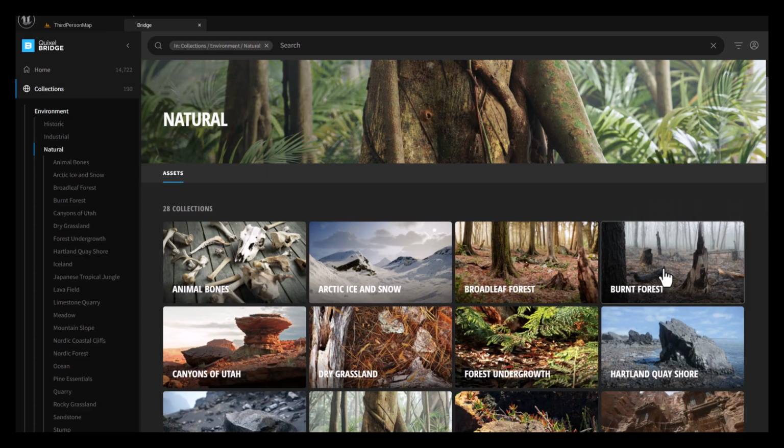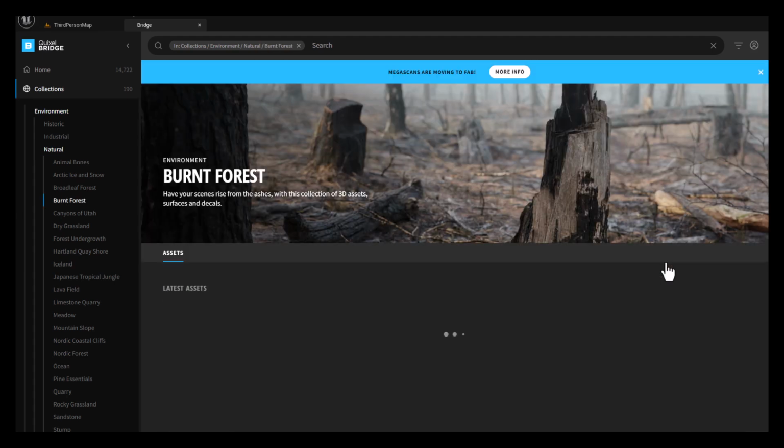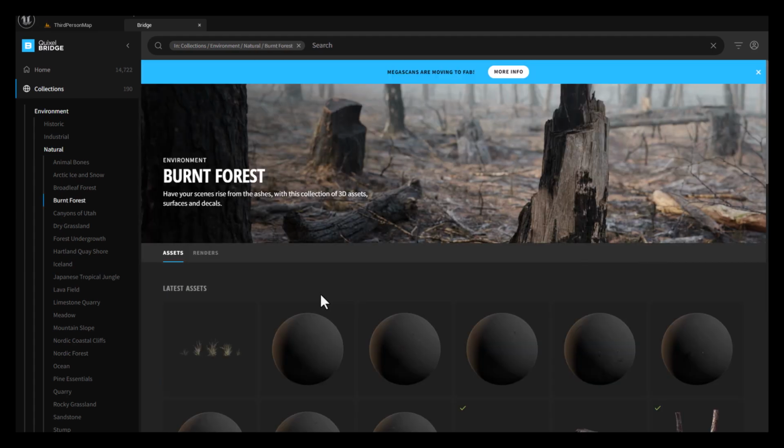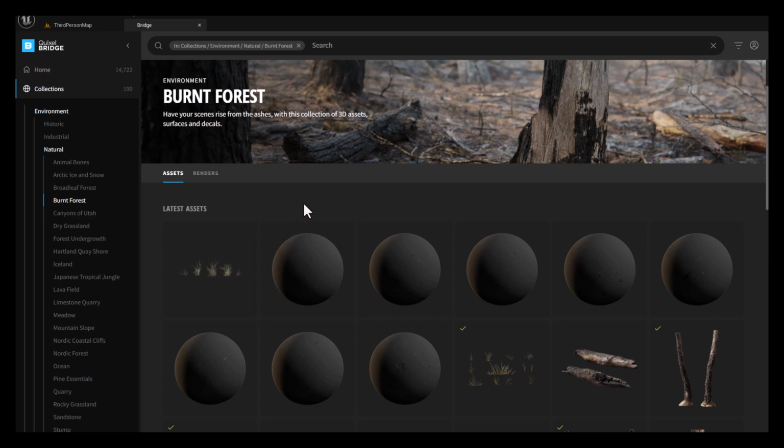So for instance, I've been eyeballing this burnt forest for a while. So I'm going to click on it. Now you can see here, I've got the burnt forest, and there's this little green down arrow, right? And you can see I've gotten some of these in the past, so these are all claimed. So all you have to do is click on the arrow here and just let it download. And you just go ahead and click through the whole collection